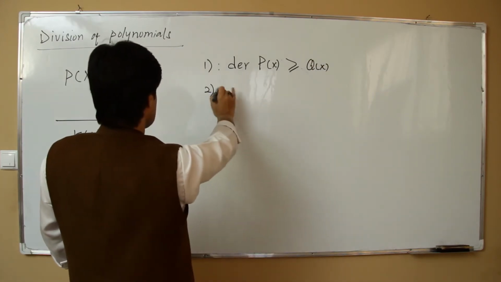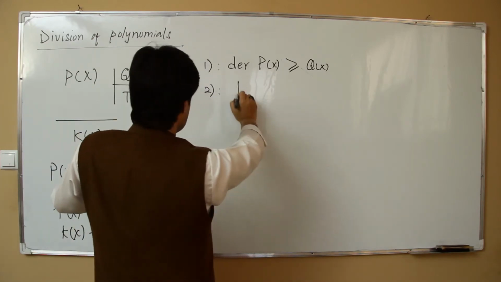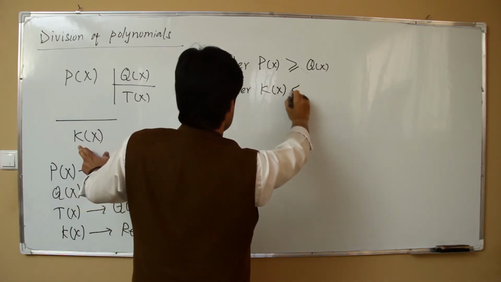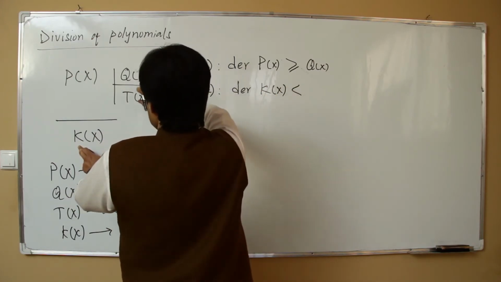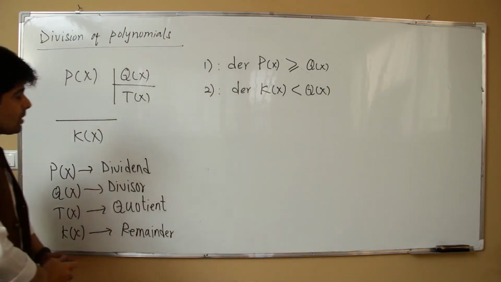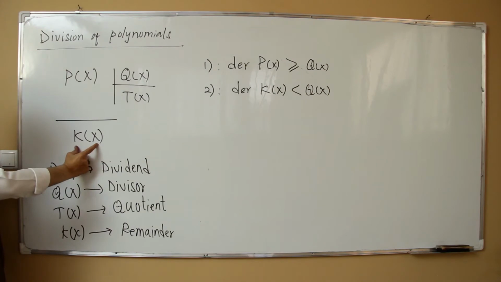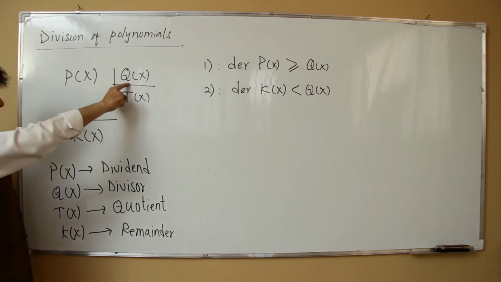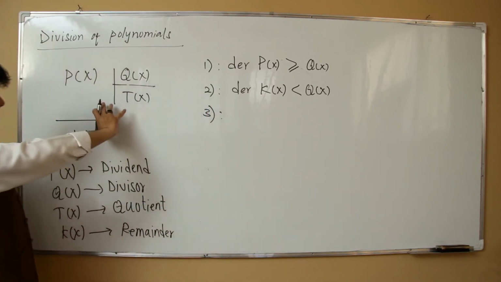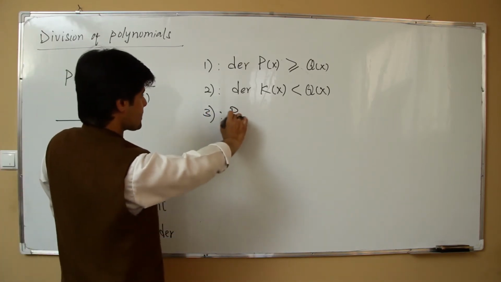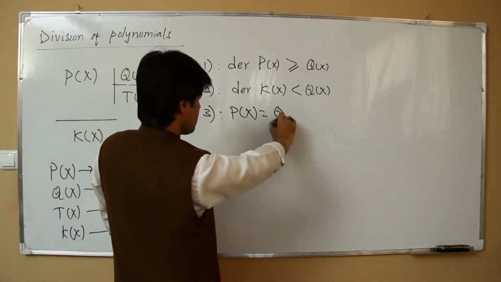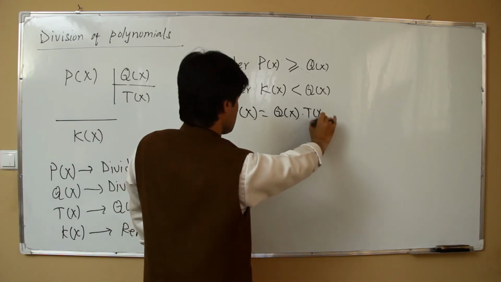Second, the degree of k(x) should be smaller than the degree of q(x). It means that the polynomial we are calling the remainder should have a degree smaller than the divisor. And number 3, this division is right when it satisfies this condition: p(x) equals q(x) times t(x) plus